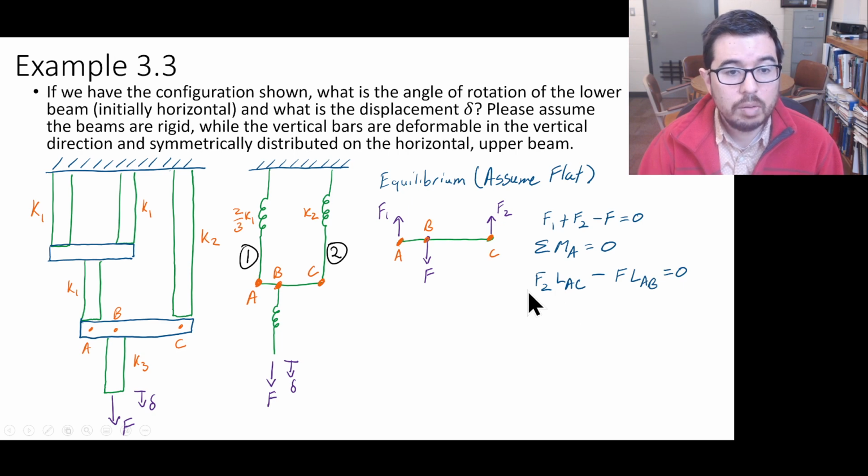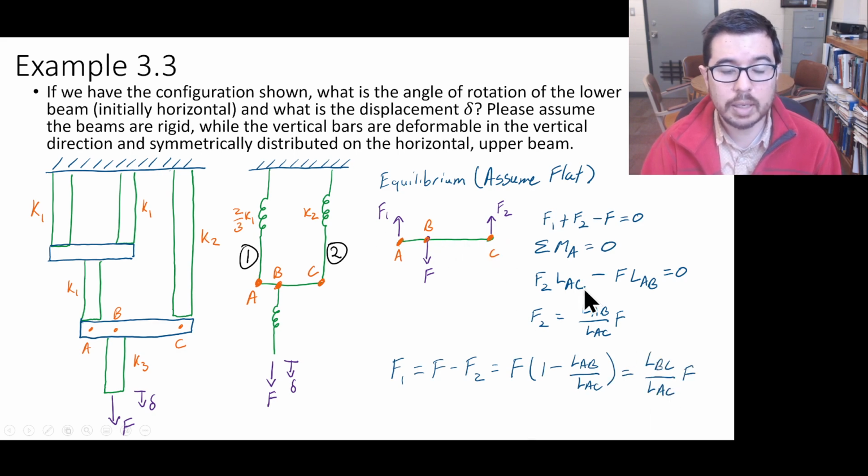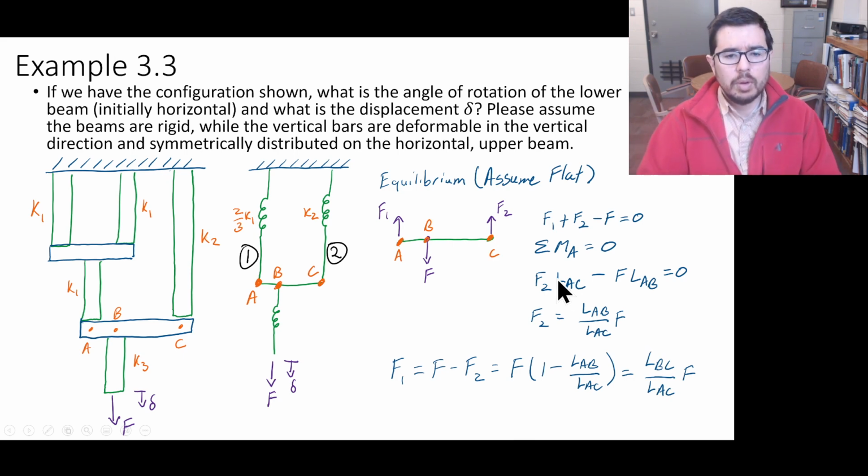And now we have a nice relationship between F2, which is the force in this spring, and F. It's a ratio dependent on this length, LAB over LAC. And we can plug F2 back into this equation of equilibrium and solve for F1, and we get that that's LBC over LAC times F. Note,